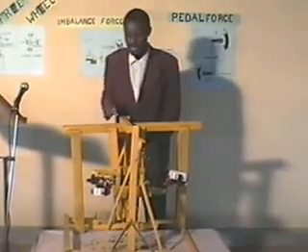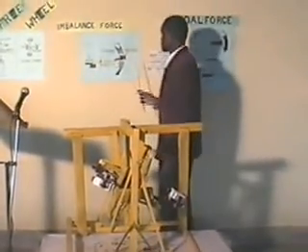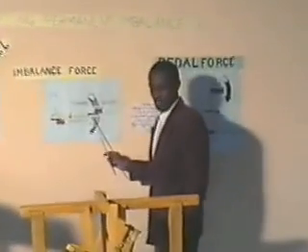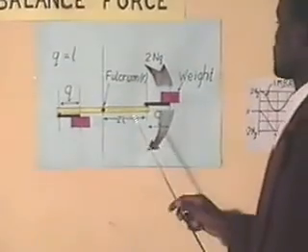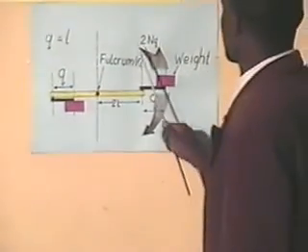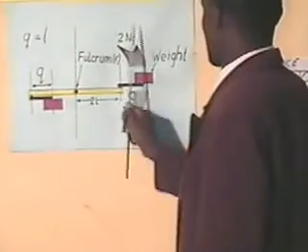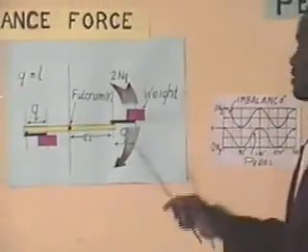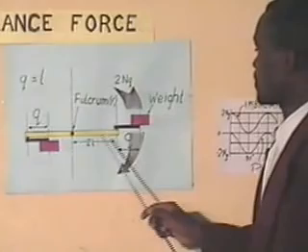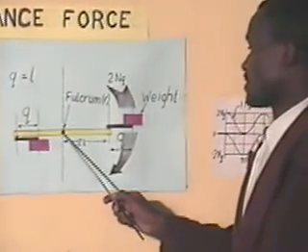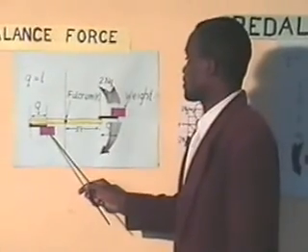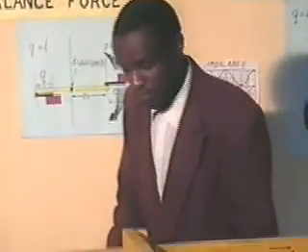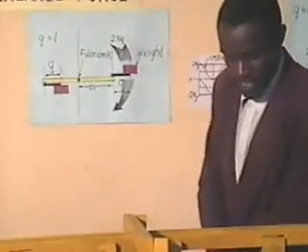So as to understand this, let us look at the diagram. This diagram represents the horizontal plane of the free wheel. From this diagram, we can see that there is a force created in this direction. In this diagram, this is the center point, known as the fulcrum or the pivot. This weight is this weight shown on this machine here. The weight on this side is this other weight shown here.